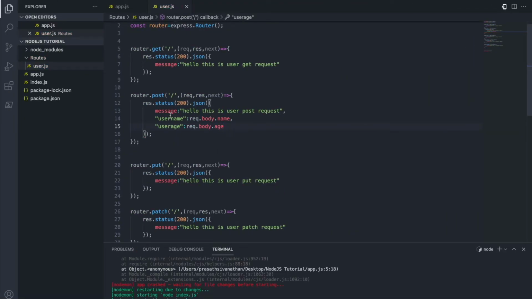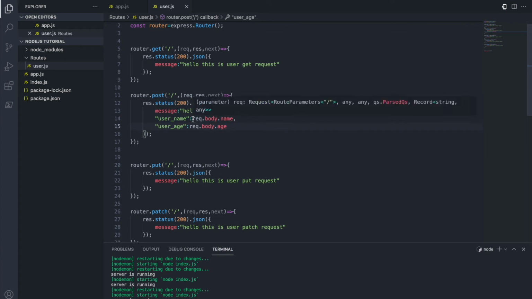For a good readable format, I am going to give an underscore here. So you can see here, whenever a user sends a request with username and age, we will return hello, this is from the post request, and the user name and the user age.